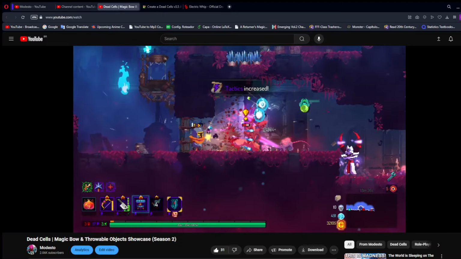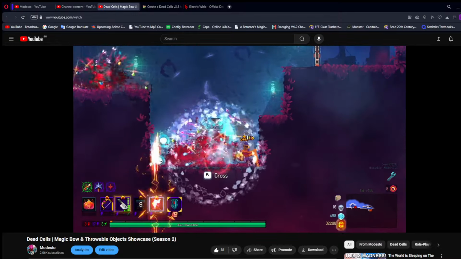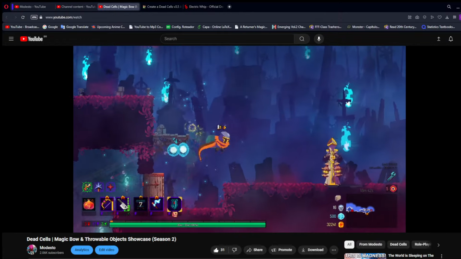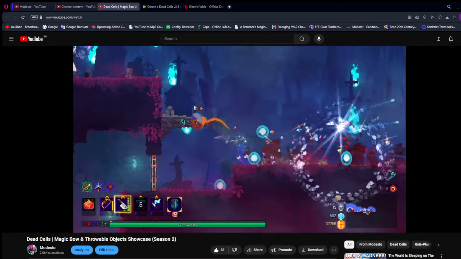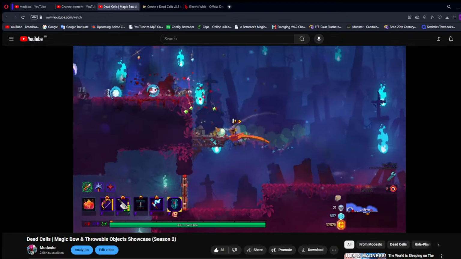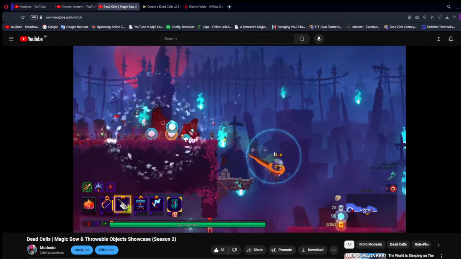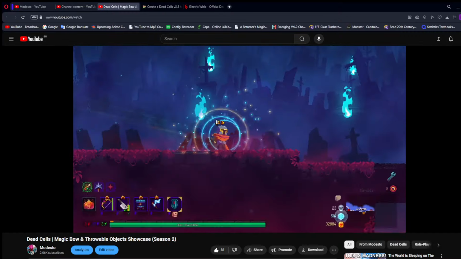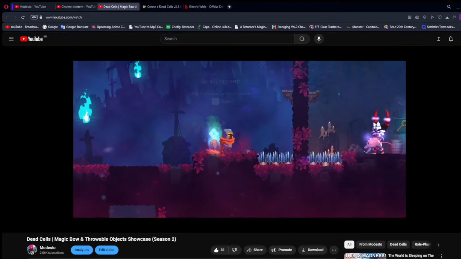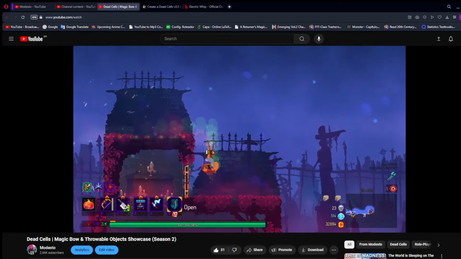Next up, guys, we have the Magic Bow. I think this is the first one for the Everyone is Here update collab that Dead Cells used to do. Amazing one. Right here in this video, I'm using it alongside Throwable Objects, which is another one. But I've used Magic Bow so many times, and